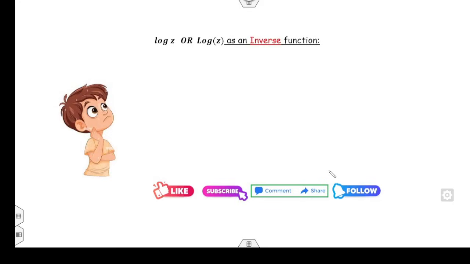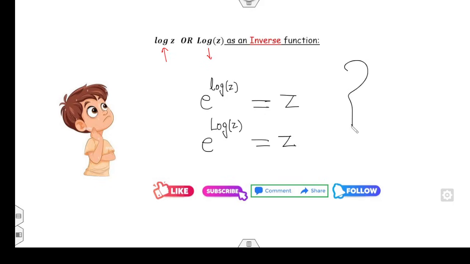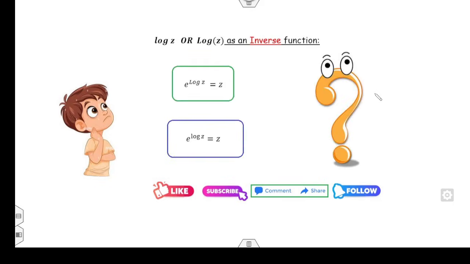नाउ अब हमने दो प्रॉपर्टीज पढ़ी हैं, that is a log। अब इन दोनों में से inverse कौन सा है? Inverse मतलब क्या, मैं e की पावर small log of z लिखूं तो आंसर z आएगा, और e की पावर में capital log लिखूं तो आंसर z आएगा। दोनों में से सही कौन सा है? Fine, both are correct, both are correct, लेकिन दोनों की अपनी अपनी domain है।